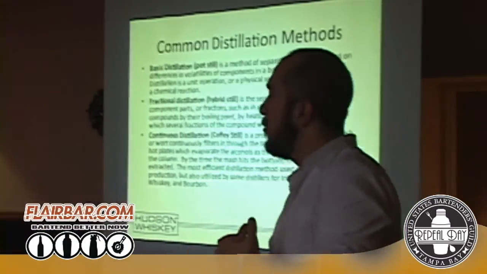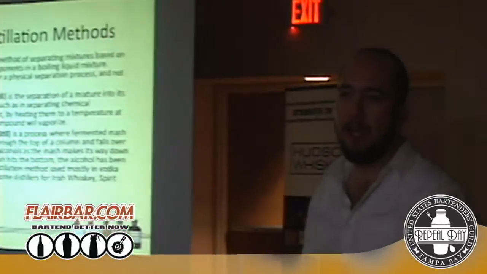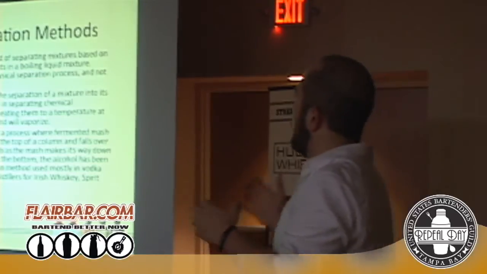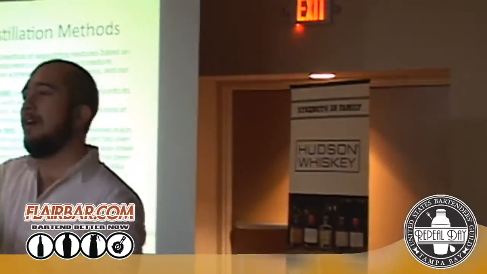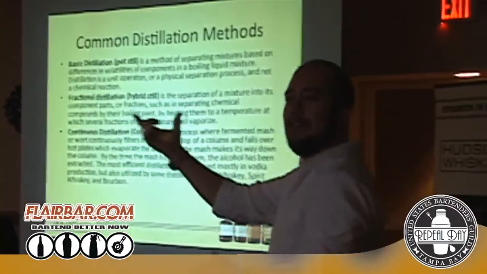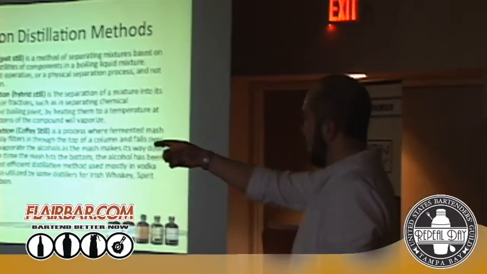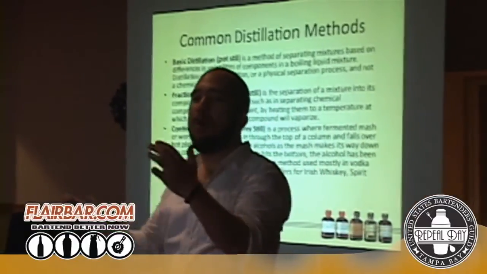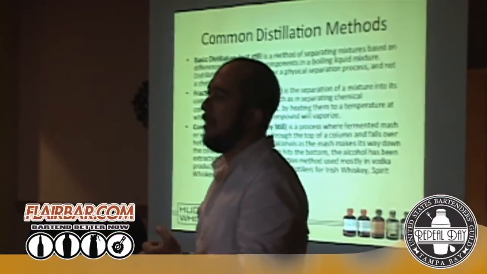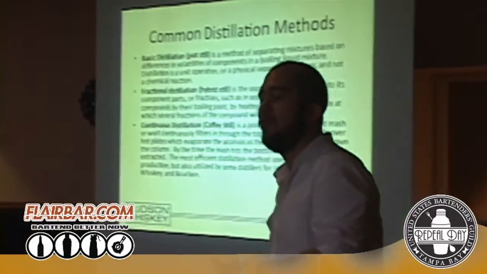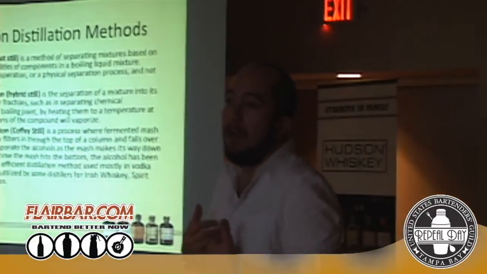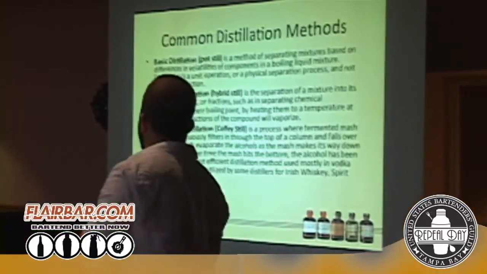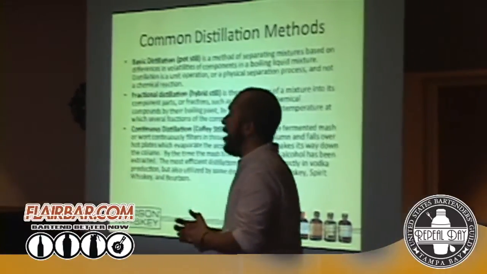We work with the second type, fractional distillation, because we want to be able to make a variety of different things. On the basic pot distillation, you just have a pot, a heat source, the alcohol comes off, goes in the condenser, condenses back to a liquid, and we collect it. A fractionating column, which is what this is over here, is a way that we can separate out the different components. This is where we get really scientific about it, and I think you get much higher quality because you can separate out the components we do want from what we don't want in a much easier way.